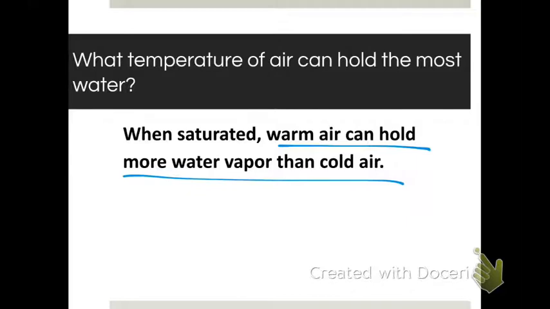Like I keep saying, we're going to keep coming back to this concept. It's going to follow us for humidity, which we're going to get to in just a little bit. It's going to follow us into dew point, for lots of different weather events. You need to understand that hot air expands, making it less dense, and it rises. Cold air condenses, making it more dense, and so it sinks. But because it expands, it will hold more water, or because it condenses, it will hold less water. So that's very important to make sure you know.